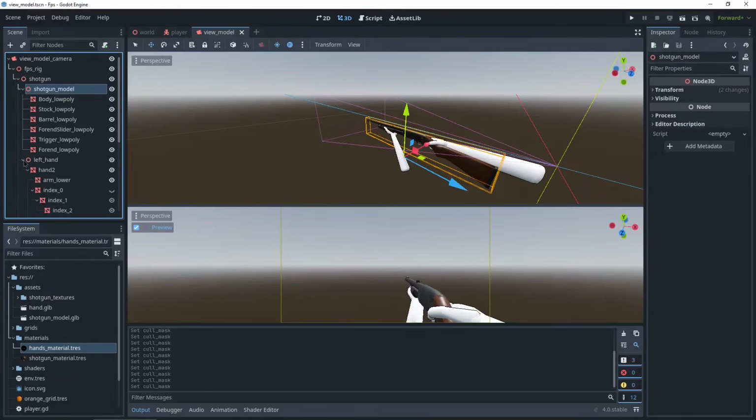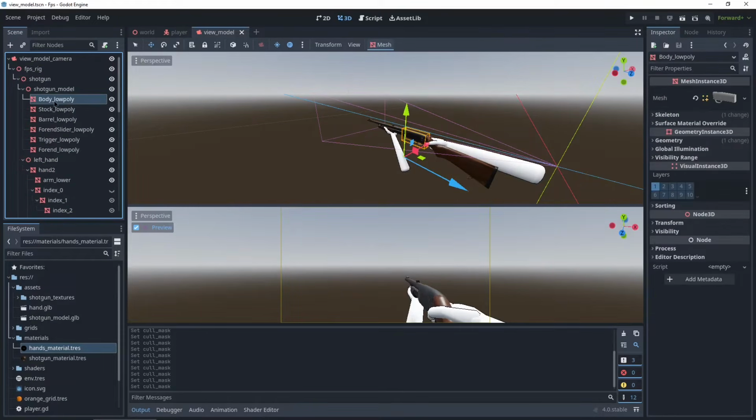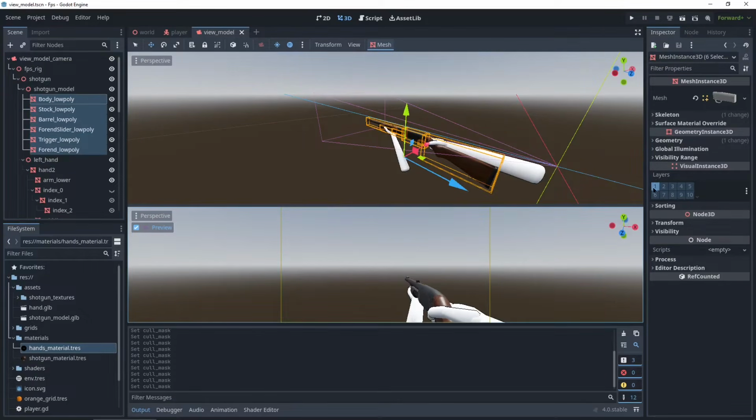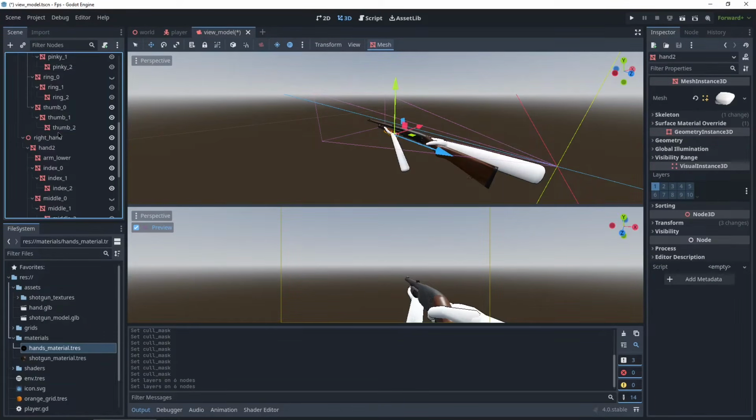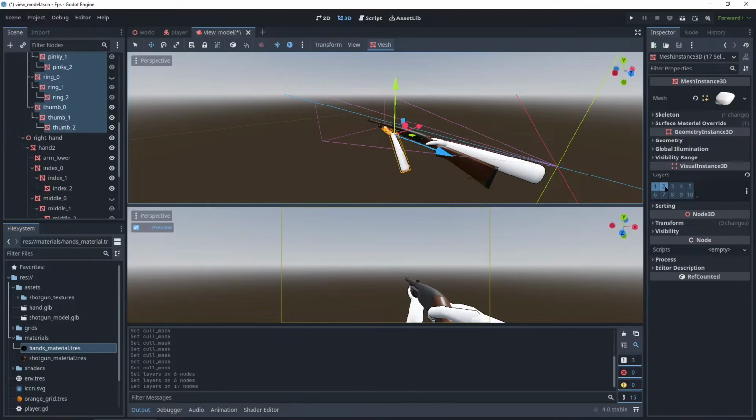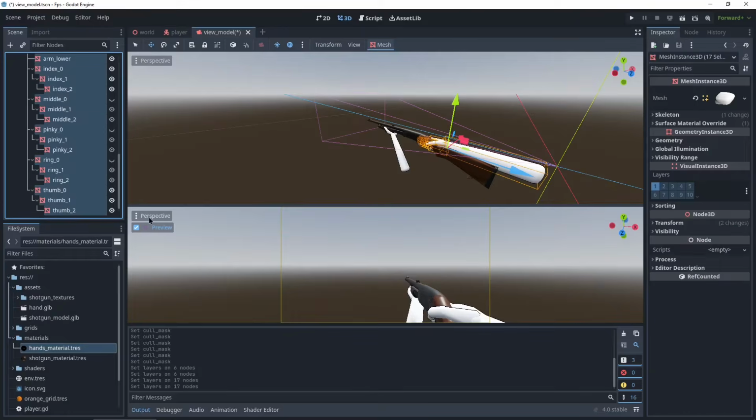So let's open this one up, open this one up, open this one up, and just select all the meshes, so everything with a square with a cross. Select them, select layers, they're just in 2, not in 1. Same for the hand, select all the parts, just in 2, not in 1. Right hand as well, select them all, just in 2 and not in 1. And now